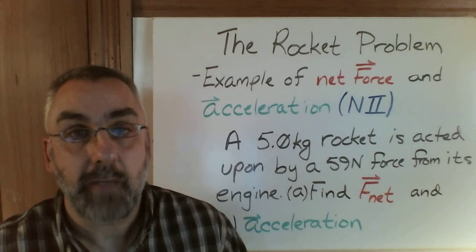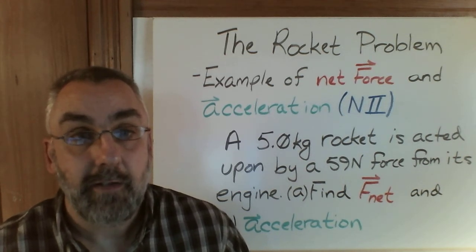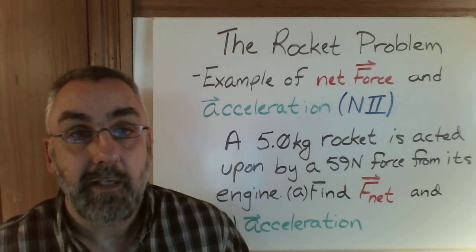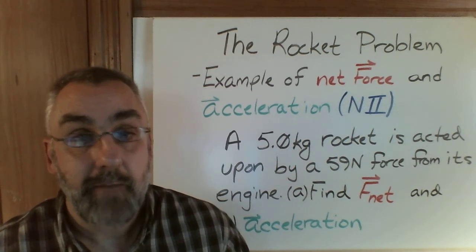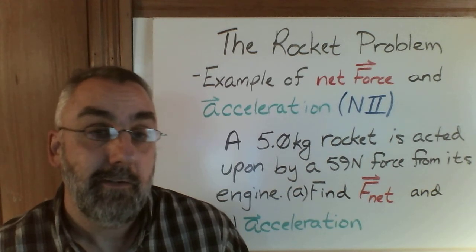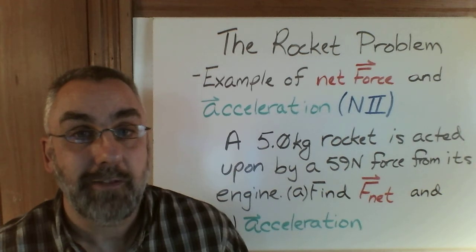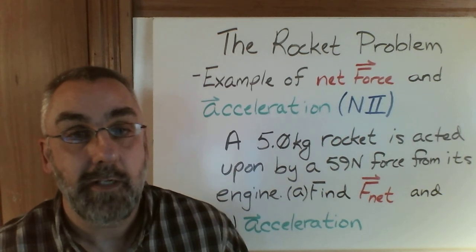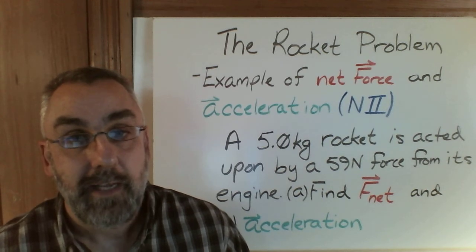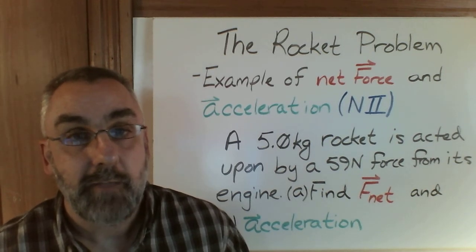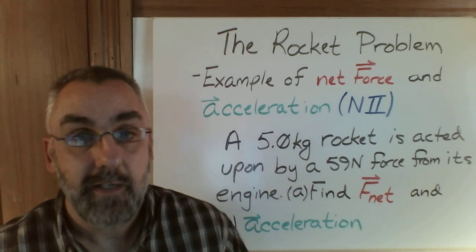Today we tackle the rocket problem for three reasons. First of all, interstellar space travel is something you humans know pitifully little about. Secondly, I'm not blessed with a whole lot of artistic talent. There are only three things that I draw exceptionally well: rockets, Volkswagen Beetles, and trains. So a disproportionate number of the problems we're going to solve this year will involve rockets, VW Beetles, and trains. And finally, it does provide a nice example of net force and acceleration, which is in essence Newton's second law